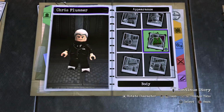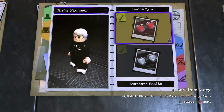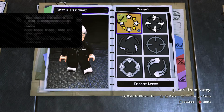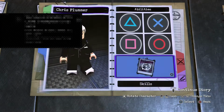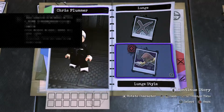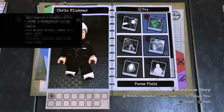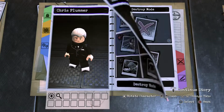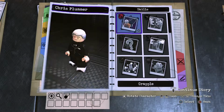Moving on now, we're going to go to his personality. That will be red hearts, standard health, voice 2, target module, stars, basic speed, animation is a cool character, and then onto the abilities. Tap square for the fighting, lunge attack is of course a 2, tap circle is of course detective mode, and then of course your hold circle, charge action number 2. X button, single jump, skill set,